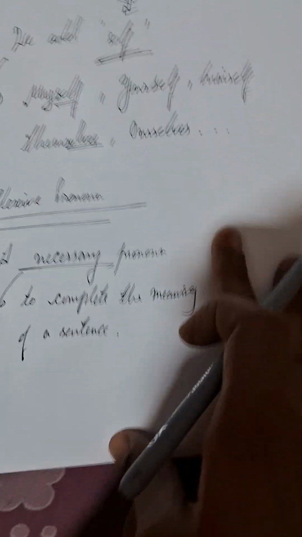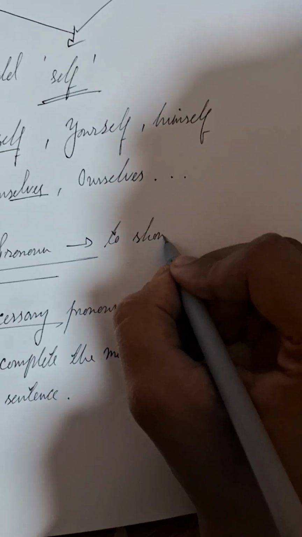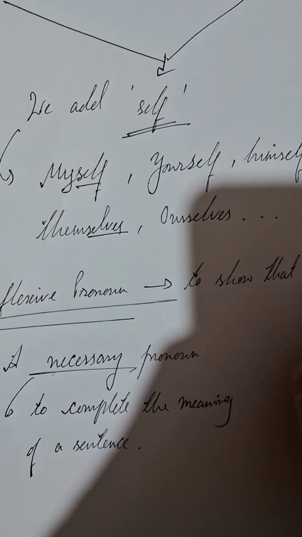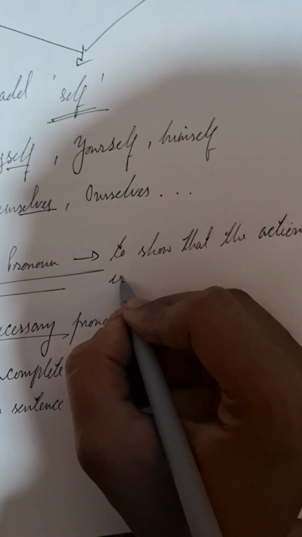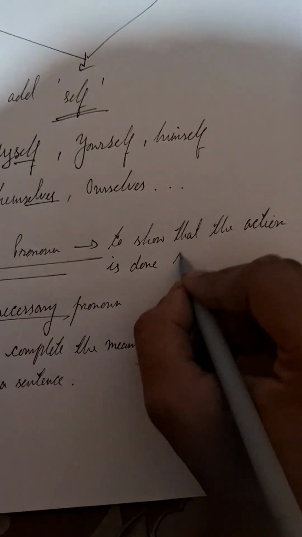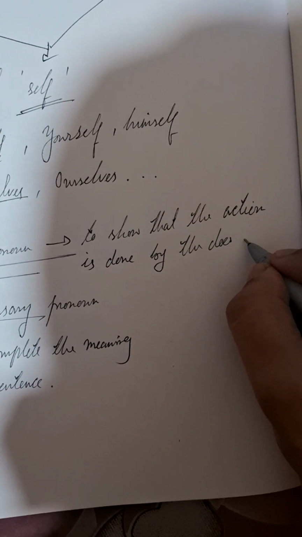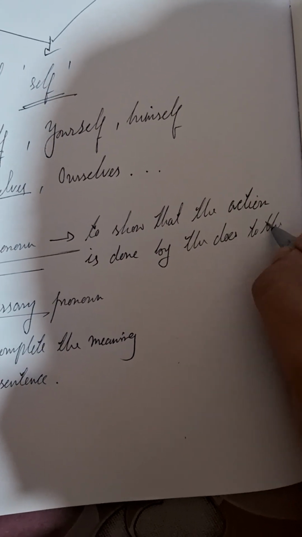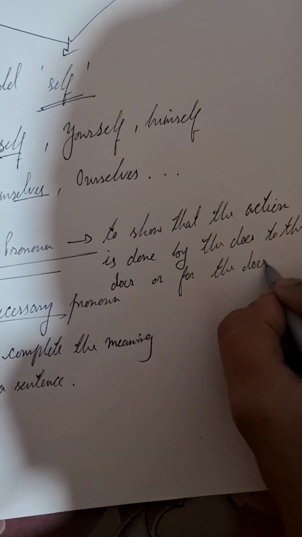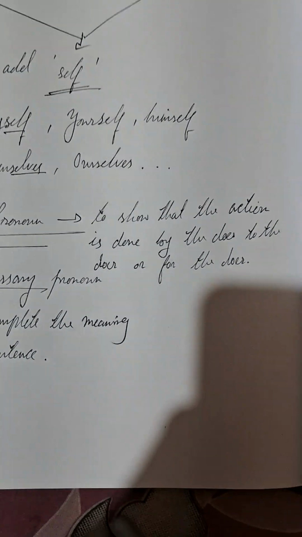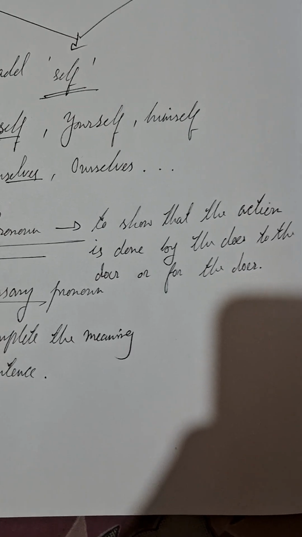Reflexive pronoun shows that the action is done by the doer to the doer or for the doer. বাংলায় বললে যিনি কাজটি করছেন, যে ব্যক্তি কাজটি করছেন, তিনি তার নিজের জন্য করছেন বা নিজের প্রতি করছেন, সেটা